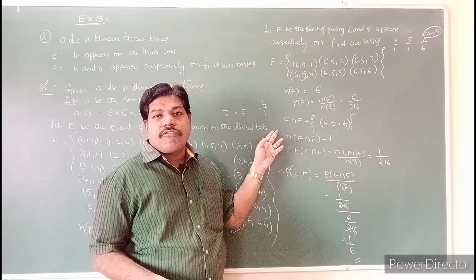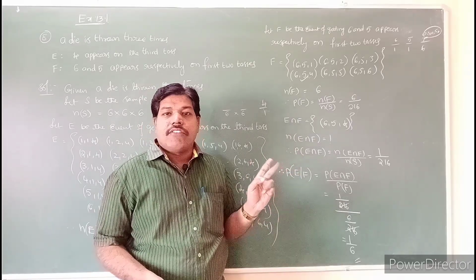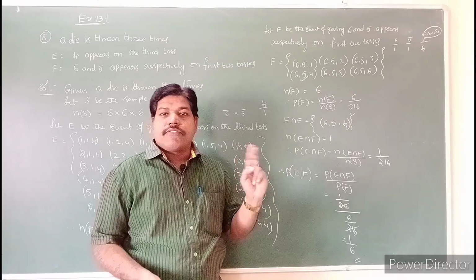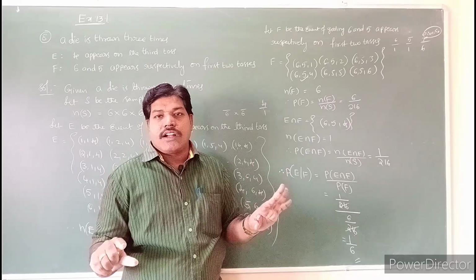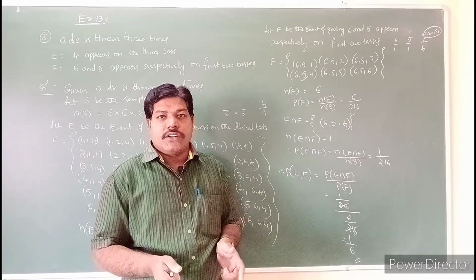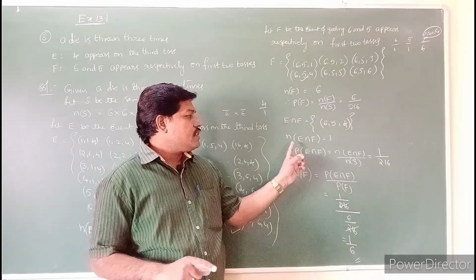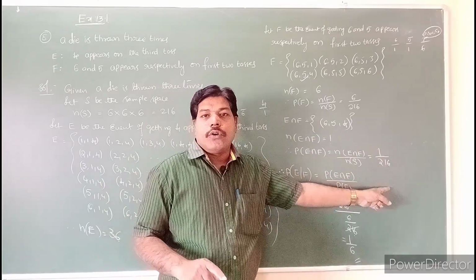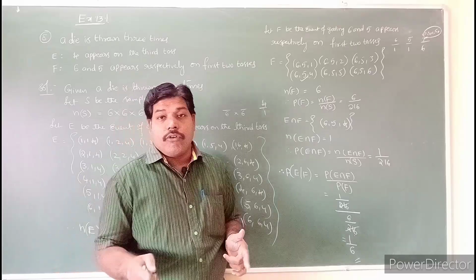So E intersection F. What is E intersection F? In E, the third toss you have to get a 4 only. In the first two tosses you have to get a 6 and a 5. So that means the number is fixed. What is that number you have to get? 6, 5, 4. Are you understanding that the number is fixed? That is the only one chance. So what is the probability of this one? That is nothing but 1 out of 216. Out of the 216 numbers, only one number, that is 6, 5, 4 only.